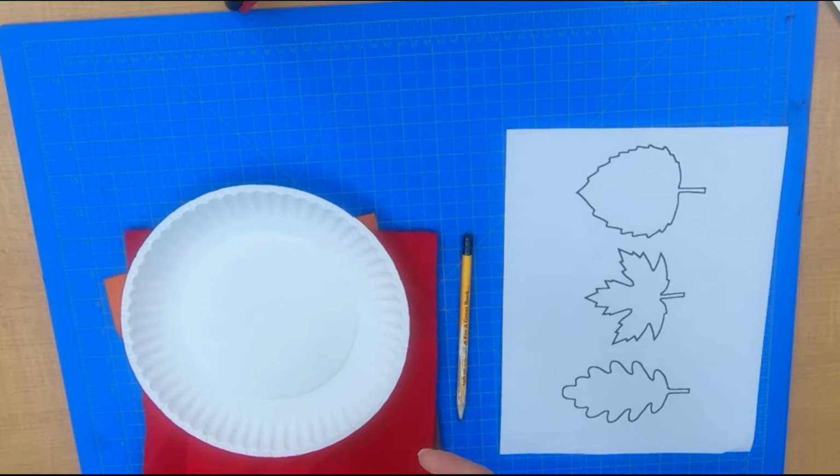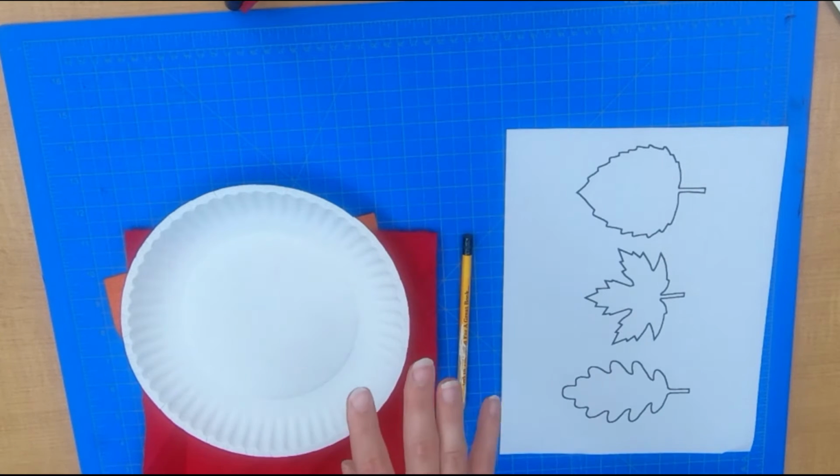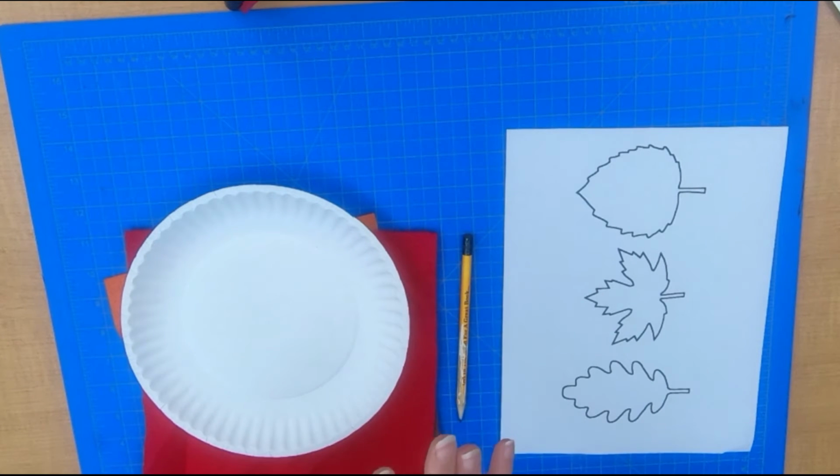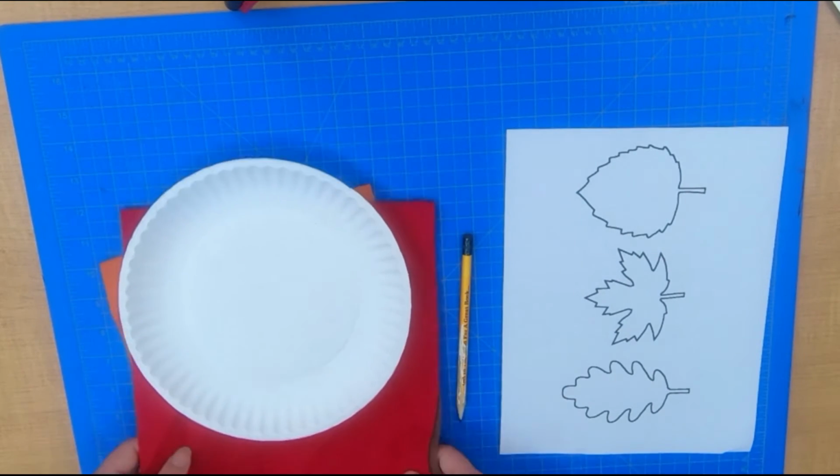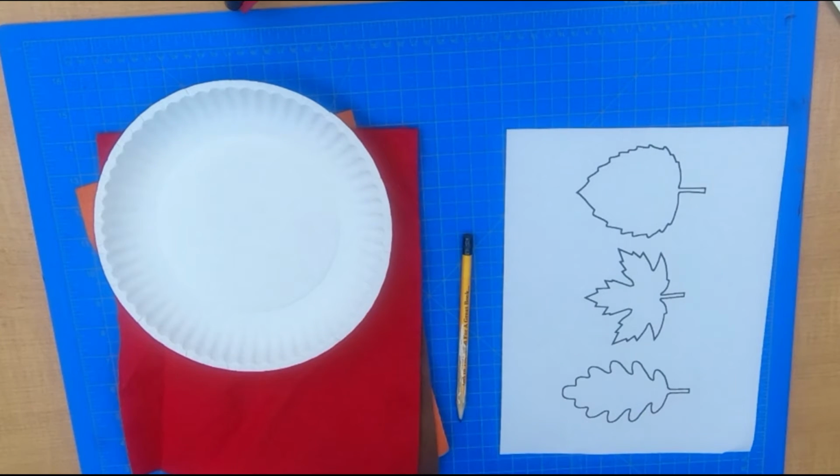So try that experiment out. See if you can preserve some leaves. And just a tip, if you press them in a book for a few hours before you submerge them, they'll be a little bit flatter so that they won't wrinkle and crinkle, and they'll get a little bit more even glycerin water on them. Now for our art activity, you can also use your preserved leaves for this, but if